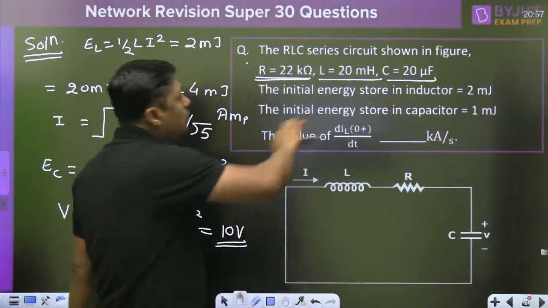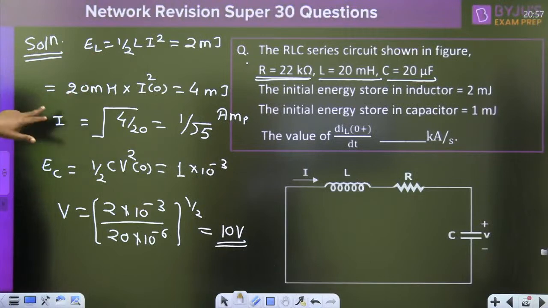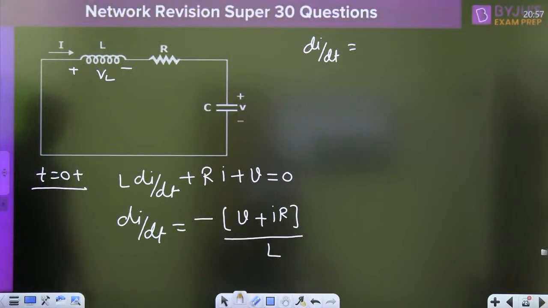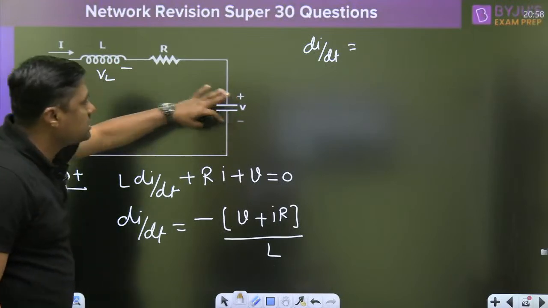यहाँ पर देखो, आपको पूरा प्रॉपर यूज करना है. That is the energy given by the inductor, half of Li square. कैलकुलेशन आप चेक कर लीजिए, कॉन्सेप्ट मैं बता रहा हूँ. That is the value, and find the value half of CV square. From this you can calculate the value of the voltage. This is nothing but initial voltage across the capacitor exactly at 0 plus, and then from this write down the KVL, L di by dt plus Ri plus V. That is nothing but the initial voltage.